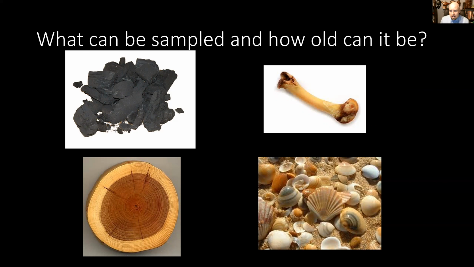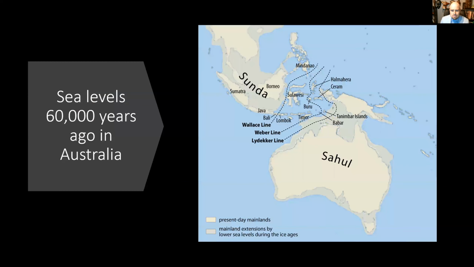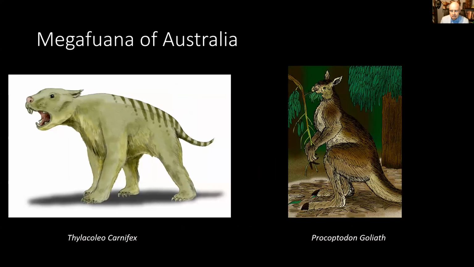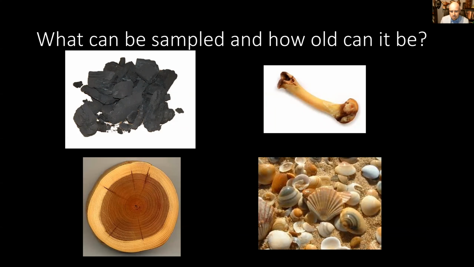And also we have to consider how common are the things that we're trying to date, how common are those samples. When we talk about fossils, and even when we talk about early human sites, these are only a tiny fraction of these creatures that once existed. So for example, when we're talking about Australia, there's this creature called the Diprotodon. It existed for over 100,000 years. We only have 20 samples known of it. So it's hard to precisely date exactly when it was extinct based on that.